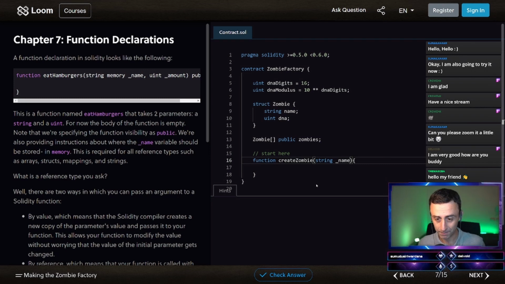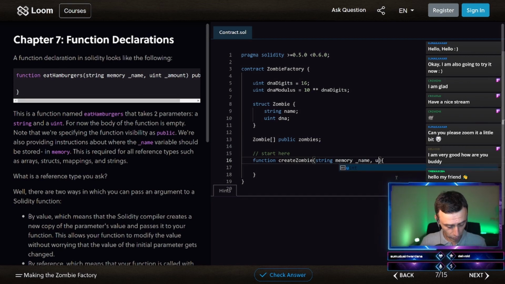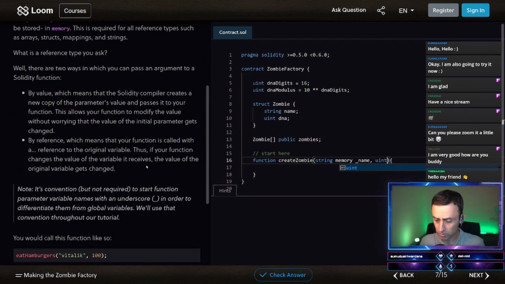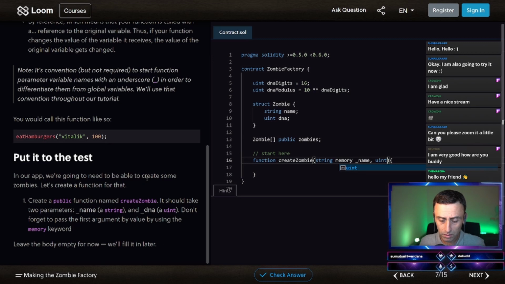For example, memory has to be said before the name. Okay, right. Memory. I was expecting this to be in a different color, but it's okay. And then uint, how is it called? DNA.